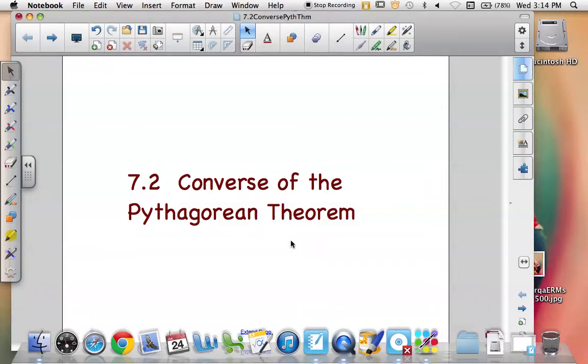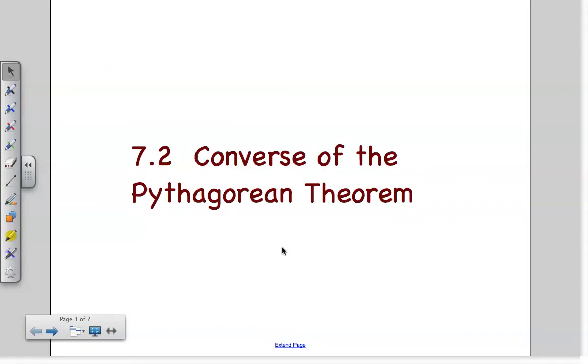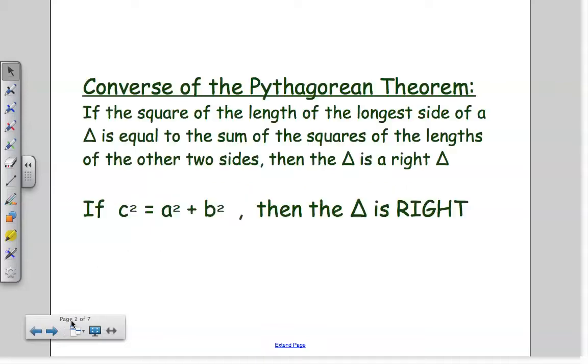Section 7.2, we're going to use the converse of the Pythagorean theorem. Remember how the converse of a theorem flips the if and the then. Now, the Pythagorean theorem said if you have a right triangle, then a squared plus b squared equals c squared. The converse says if a squared plus b squared equals c squared, notice I flipped the way that was written there, then the triangle is a right triangle. Okay, so the converse of the Pythagorean theorem,